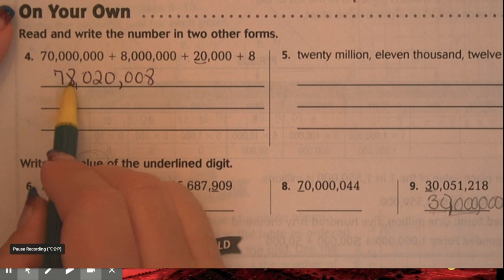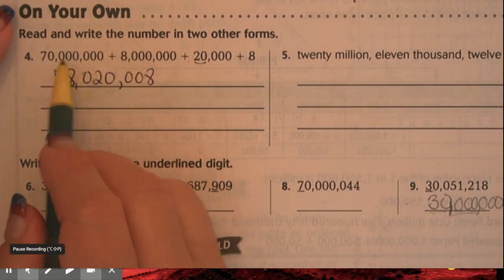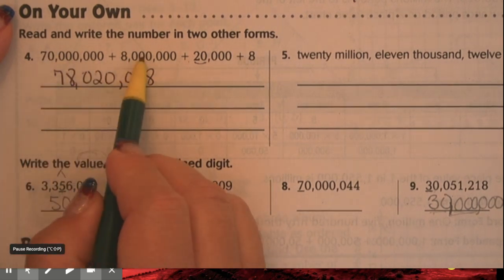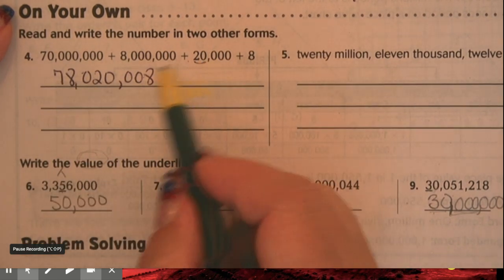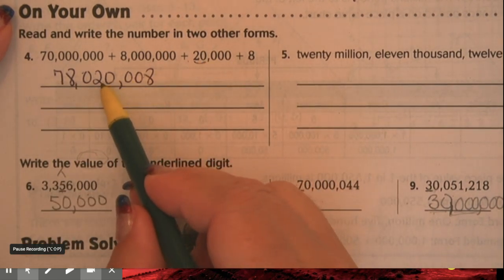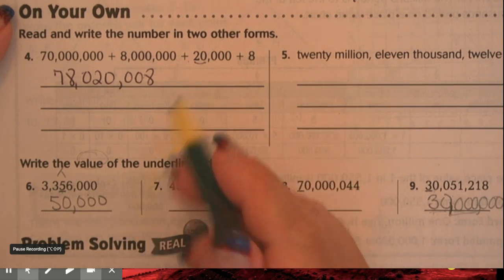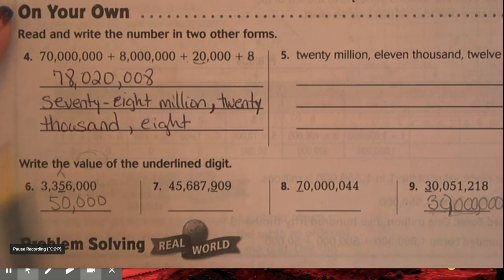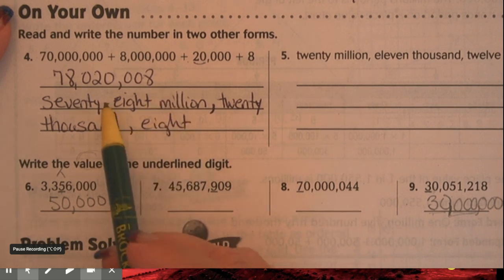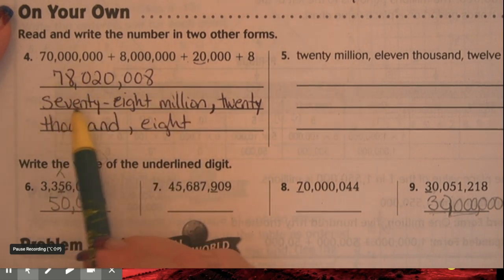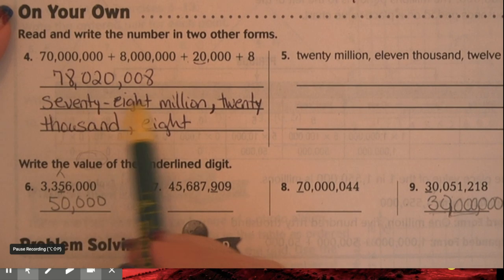So here's your 78 million. This is 70 million plus 8 million is 78 million. 20,000, and there's no other thousands, so it's there all by itself. 8. And here is the word form, 78 million. Notice I hyphenated the tens and the ones place again, 78. 78 million,